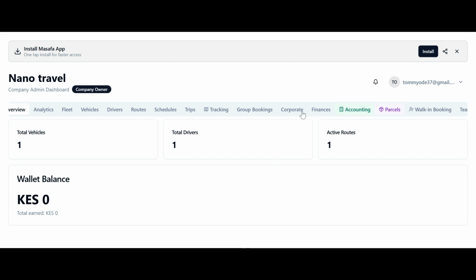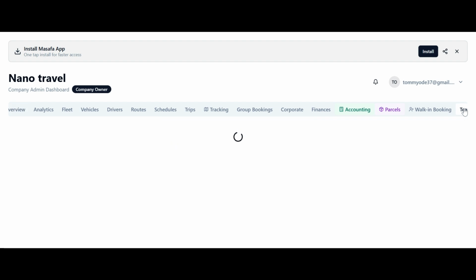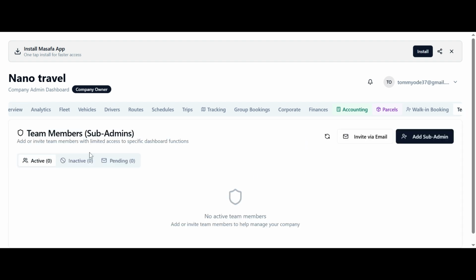So how do you onboard them? You come to this team. When you click on it, it gives you a page, team members, sub admins. Now you have to add those team members into the system, and you give them responsibilities and duties, because not everyone will you give access to accounting. Not everyone you give access to fleet management,